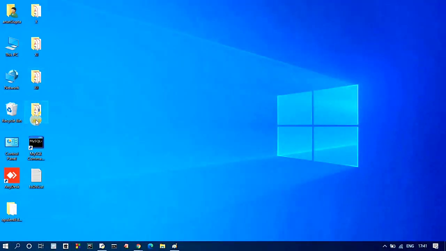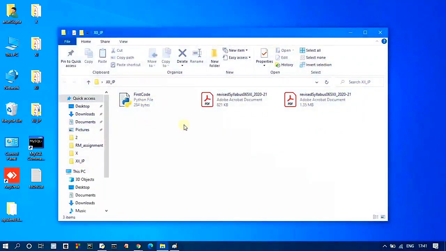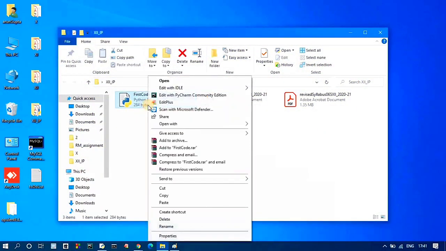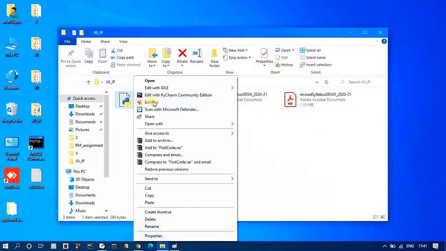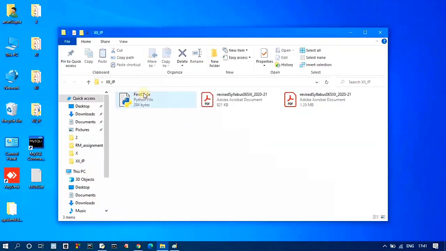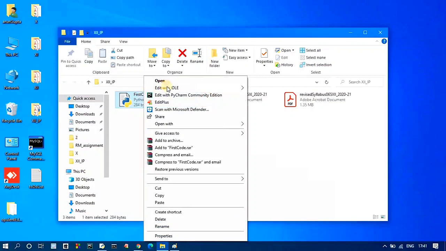So let me open my Python file, and the first code is here. Just right click on it and choose the option edit with IDLE.